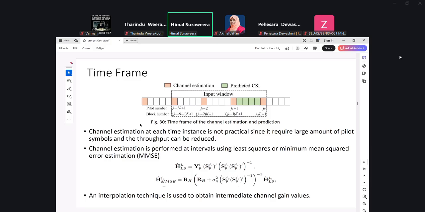So we measure only at pilot locations, and we try to predict the channels in the middle. The green ones are the predicted channels, and the orange ones are the pilot channels. That is the main idea of this solution.